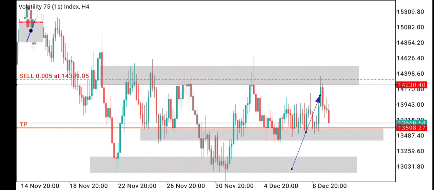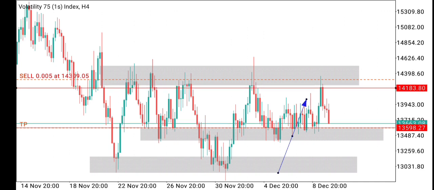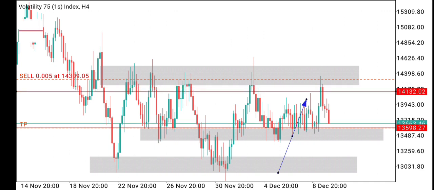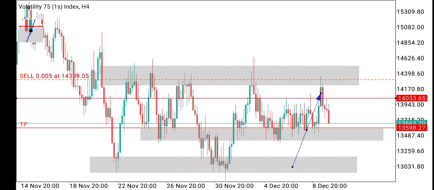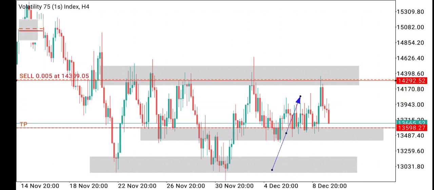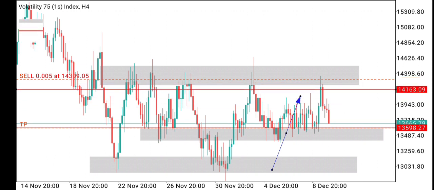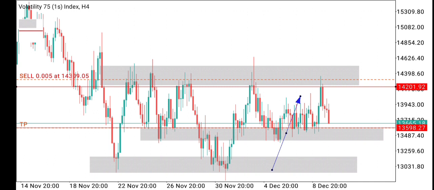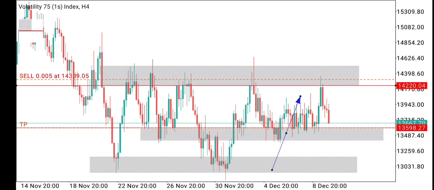Let's assume that I enter after this candlestick closed. Then that means my entry should be at this point here. You understand? But I enter while this particular candle is still forming. This particular green candle here. I enter while it's still forming, and that is why you can see my entry to be here. Okay, so either you entered here, immediately the market trend to this point at this level here, or